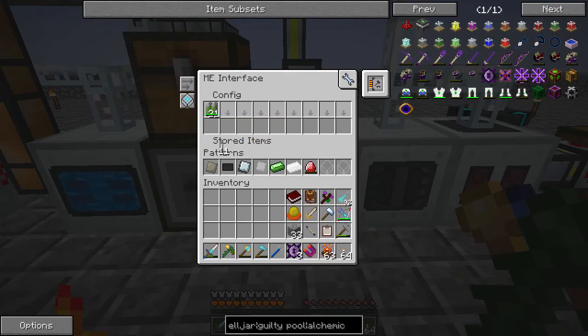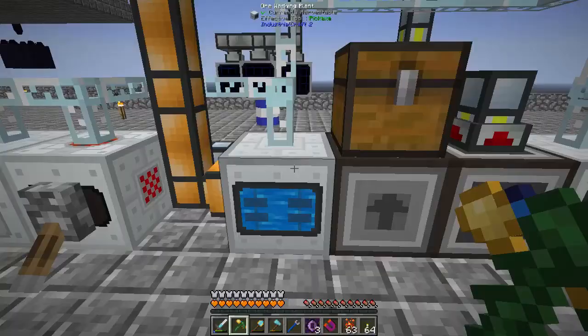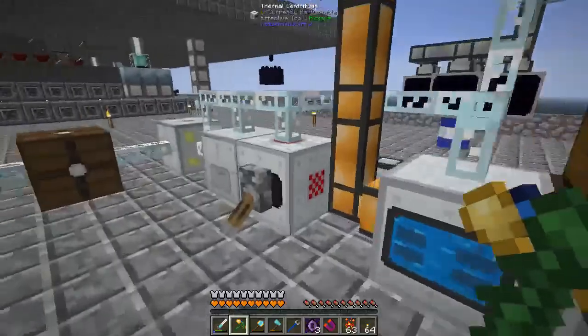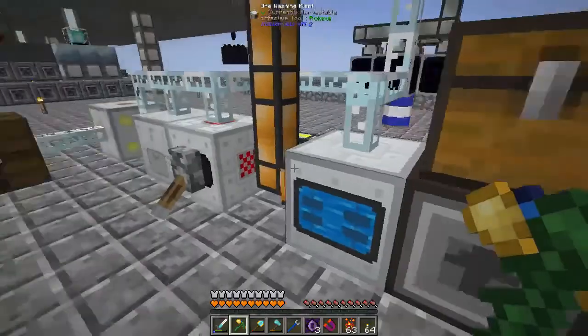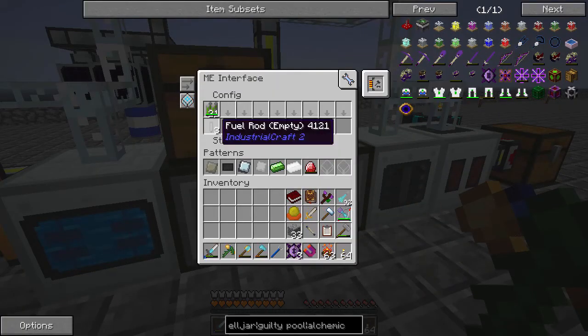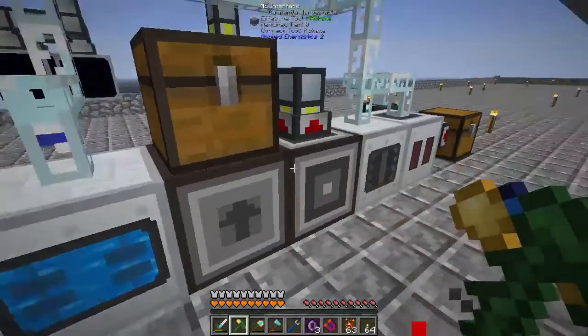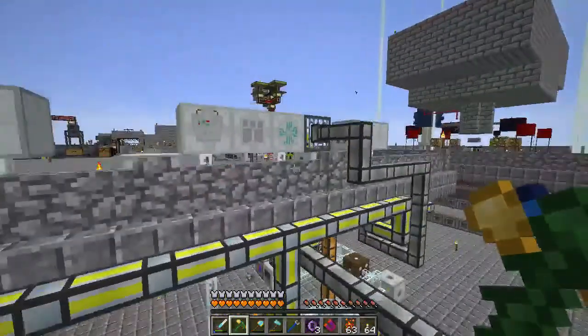Why is it putting empty fuel rods there? So it's ore washing and everything. Those don't go there. Why is it doing that? That is really weird. But whatever. We'll put that there. I will come back and check that in a little bit. Anyways, so